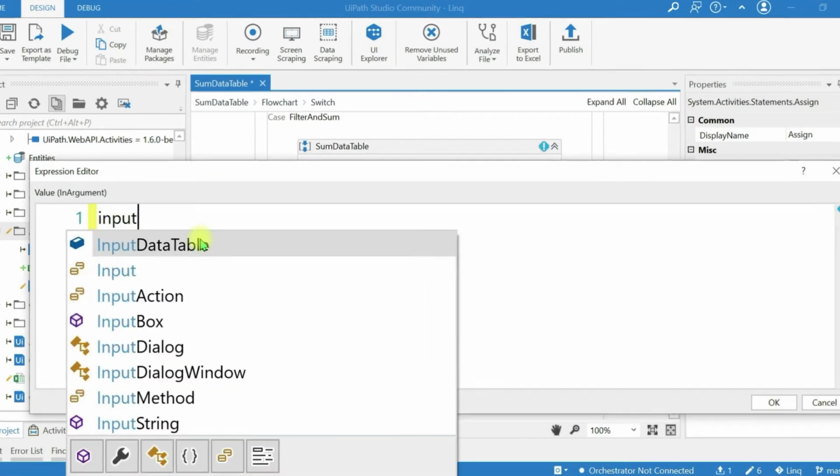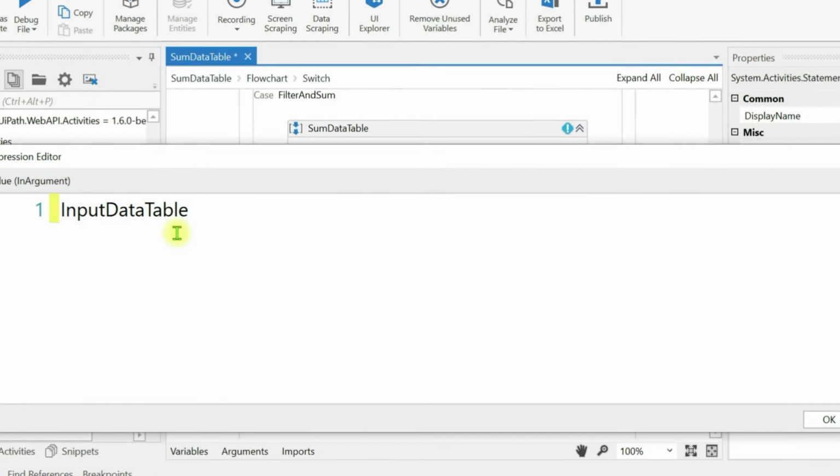So the data table name is input data table as enumerable. Now in the first query we didn't use any where extension method. Why? Because we didn't filter the data table at all. We just added all the values under the invoice total column. Now we need to filter the data based on the condition invoice quantity equal to IT support.